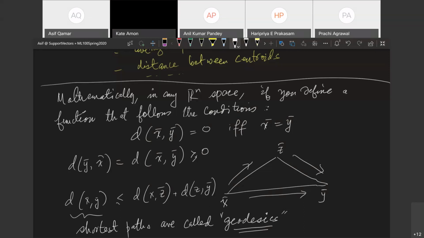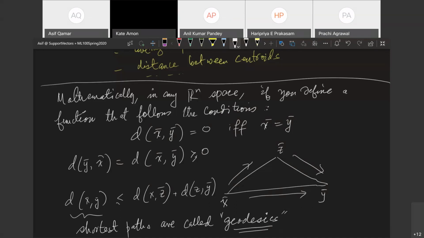What's the difference between a geodesic and a straight line? If you look at the surface of the Earth, which is shaped like an apple, the shortest distance between 2 points is a curve. It's an arc. It is not a straight line. So the shortest distance, the geodesic, is not necessarily a straight line. Something to remember. Of course, if you could go through the Earth, then you could do a straight line. But if you are bound to the surface of the Earth, the way an aeroplane flies or a ship sails, then you have to go along the geodesic. That's the meaning of the geodesic. So that's the notion of a distance.